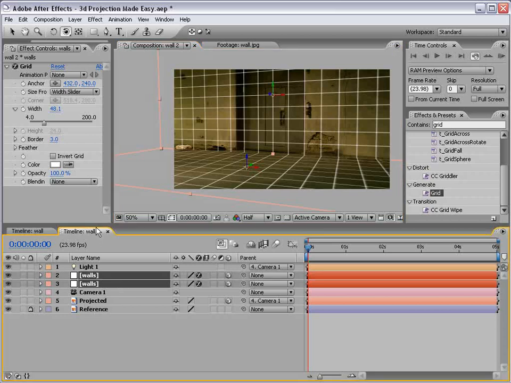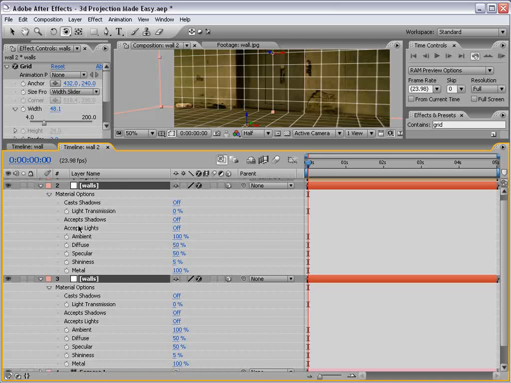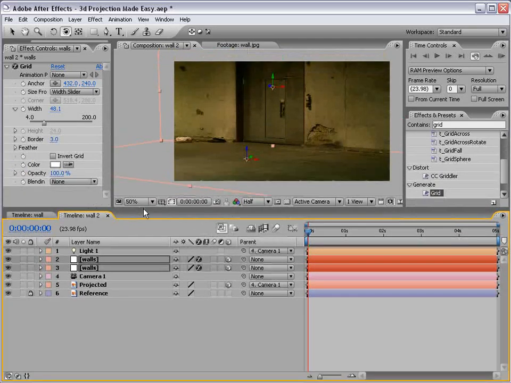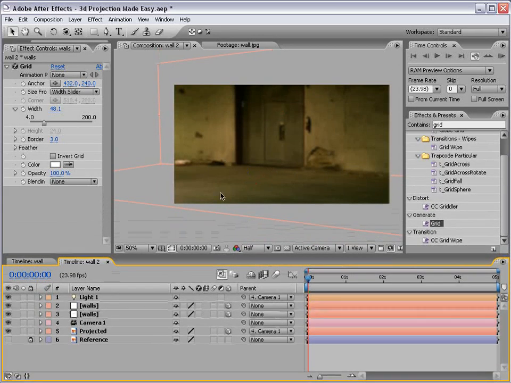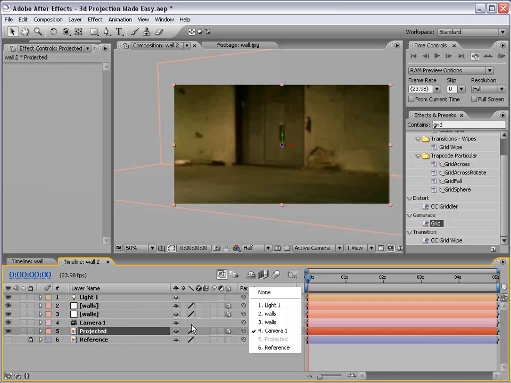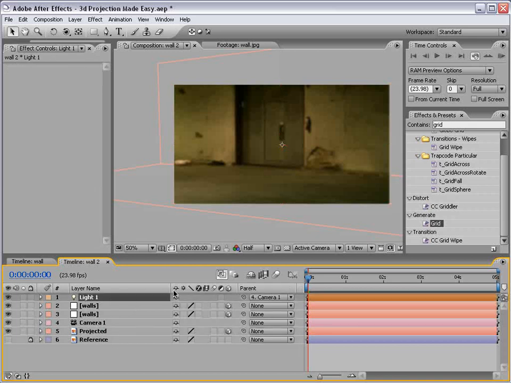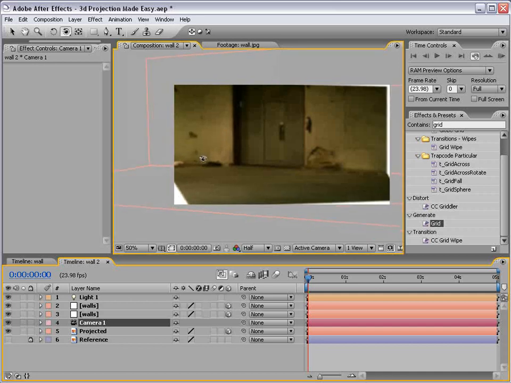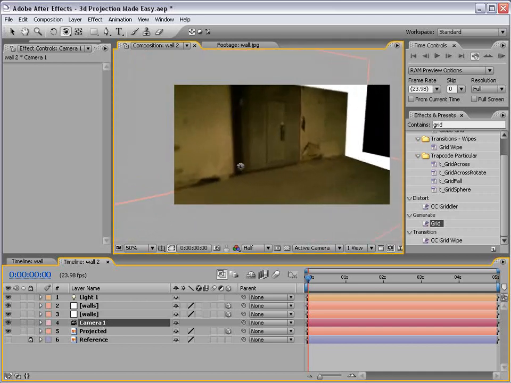So now that we have the angle correct, now that our geometry matches that of our image, let's go to our walls, AA, turn accept shadows on. Then we'll turn our grids off by shutting the effects off, and then turn off the reference image so that it doesn't show through. So now, we unlink the projected image from the camera to none, and make sure you do this, and the light, unlink them from the camera. The reason why is we want the light and the image to stay where it is when it's projecting the image,